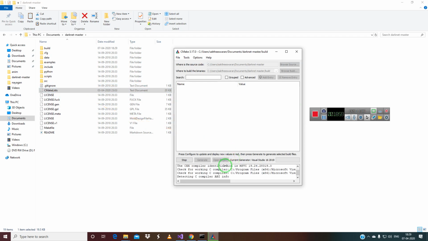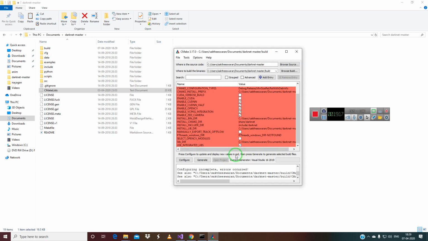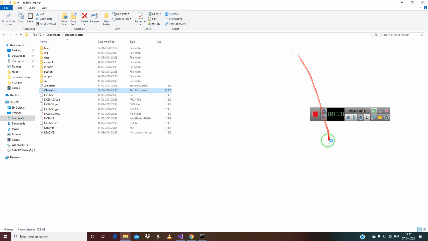Okay, configure the files. So integrated threads for Windows directory. Okay, this is an error. Okay, let's